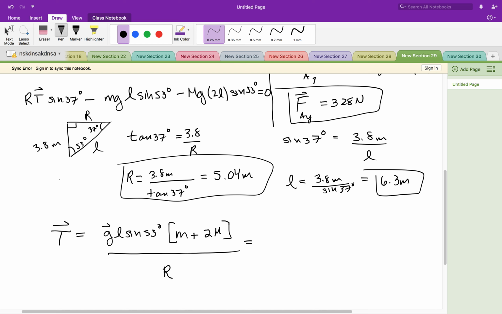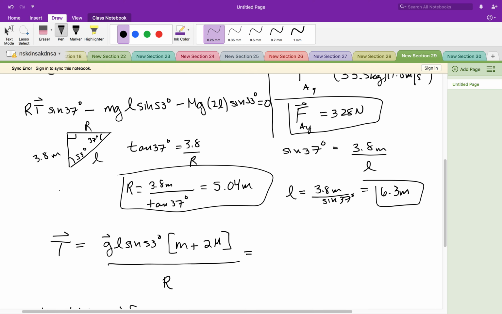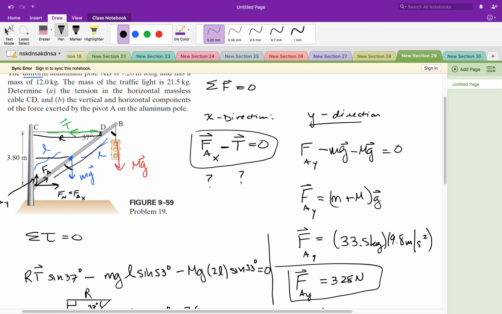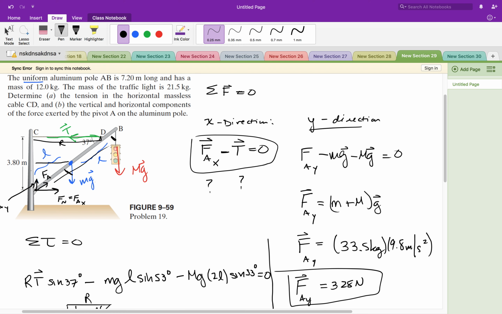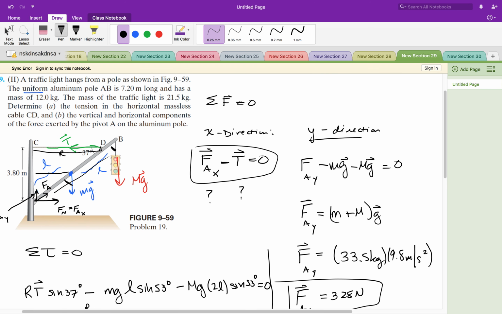But let's do it. Let's see what we got, right? So that's going to be 9.8 meters per second squared. Actually, you can already see I'm going to run out of room, so let me bring this down below it. Okay, so this is going to be equal to 9.8 meters per second squared in there. L, we said, is 6.3 meters. Then we have these masses, right? And I've already forgotten what they were. 21.5 and 12 for the big one. The small one is